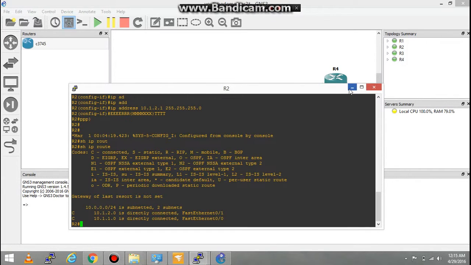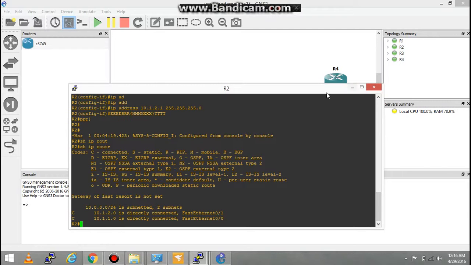So now I'm going to introduce a routing protocol. Routing protocols are mainly divided into three categories, which are EIGRP, OSPF and BGP. EIGRP is a Cisco proprietary routing protocol and it uses a distance vector algorithm. OSPF uses a link state algorithm, which means that all the routing tables in the network will have the same entries. In case of EIGRP, each routing table will have the routing entries only for its neighbors, and you can also configure static routes where we manually give the routes. BGP is used only when an internet service provider comes into the picture.